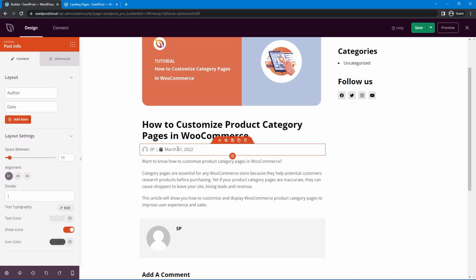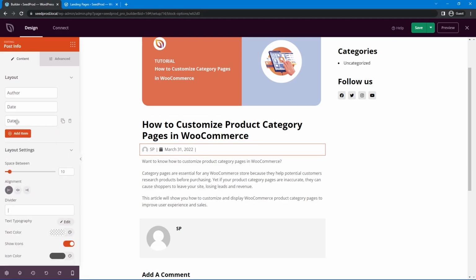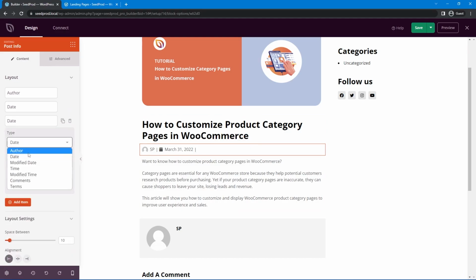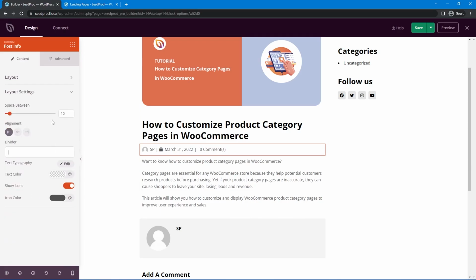You also have the meta information here. You have the author, the date. You can add other items here as well if you like. So we have different options for author, date, modified date, modified time, comments, and terms. So for example, you could show how many comments are on this blog post. You also have some layout settings here for the alignment, the space between the divider, text and color, and advanced